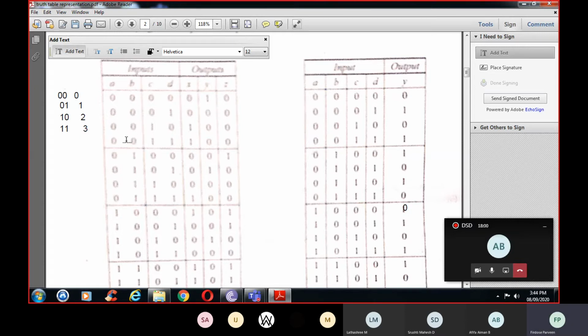So now 0, 0 means 0. 1, 1 means 3. What they have told in the question: if it is differing by 2 or more, then the output will be 1. Okay. So here it will be 1. So next, where it is 0, 1 means 1. This is 0, 1 means 1. So it is identical, and the second output will be 1. So here it is 0, 1.